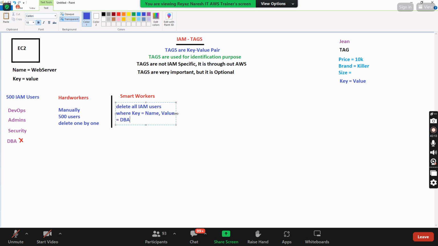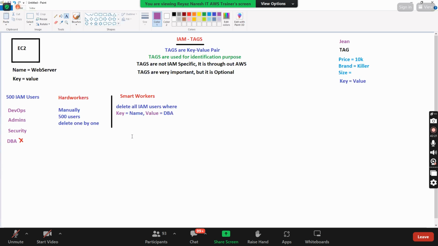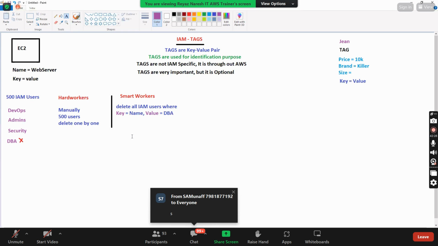So every IAM user has a tag, no? Every IAM user has a tag, like a key is there and then value is there. So can I write a small script? Using tags, can I go and delete all stuff? Yes. For that reason, I said